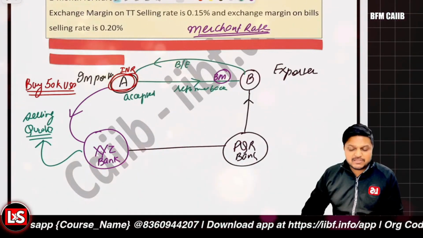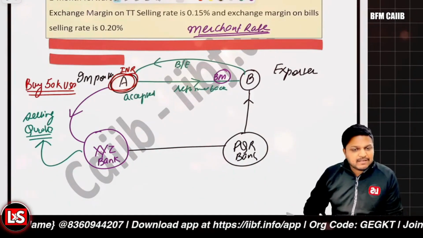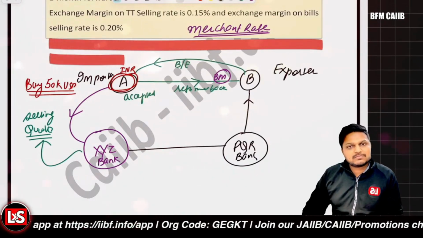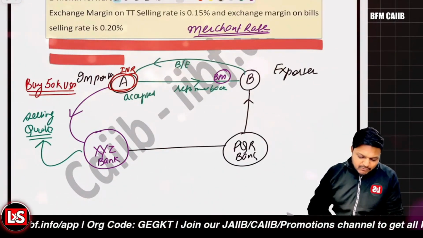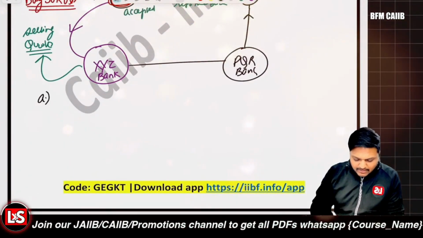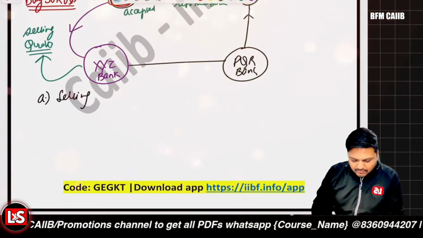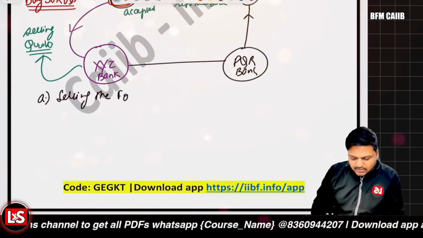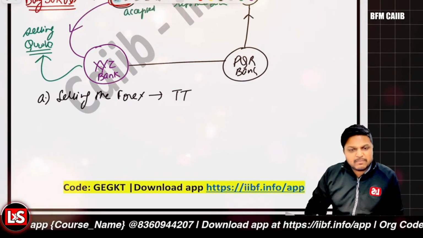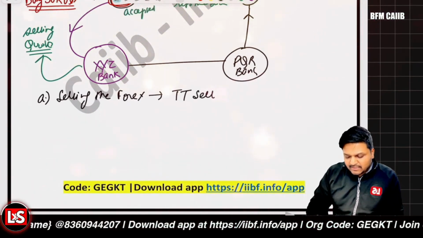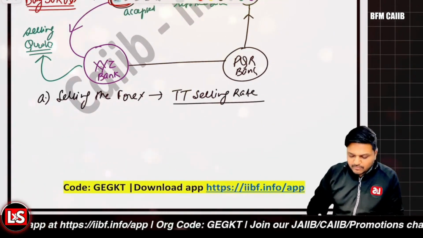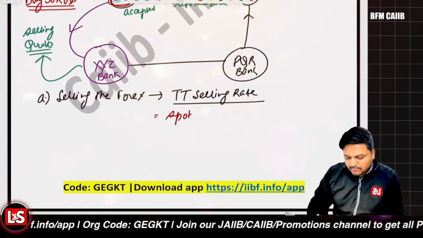This will be the same day transaction. Why? Because XYZ Bank simply would be debiting the Nostro account and crediting it to the customer's account. That's it. So it's a TT rate which will be applicable for the selling of the USDs. The first part is related to selling the foreign currency, or selling the Forex. That's the first leg. In that scenario, the TT rate would be applicable and the quote given is the selling quote, so it is the TT selling rate. What was the formula related to it? Very easy. Spot rate